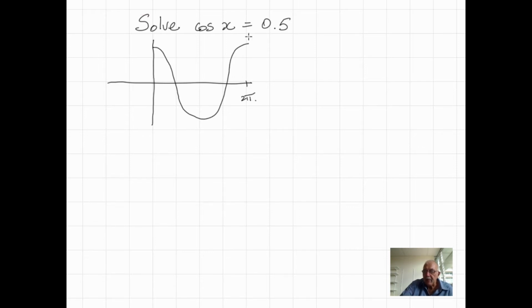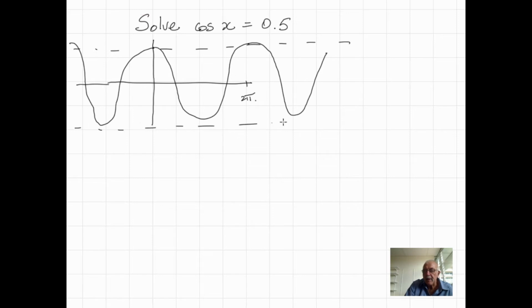Now that's only part of the graph, obviously, because it keeps on going. And it keeps going out in the negative x direction as well. Okay, so it oscillates between +1 and -1. And one way to look at trying to solve this is if we were to graph y equals cos x, which I've done here,